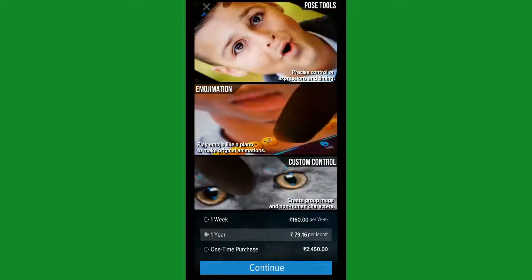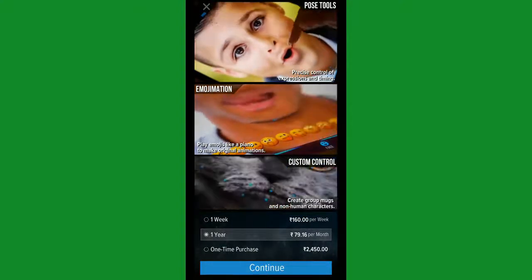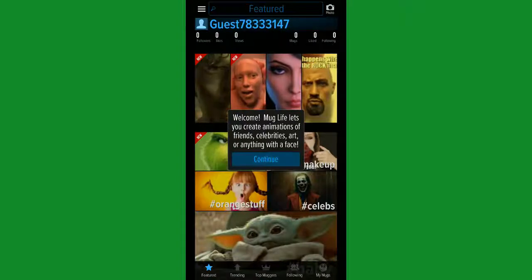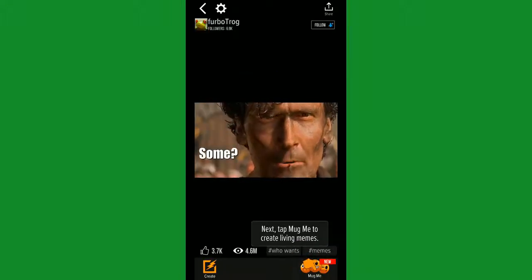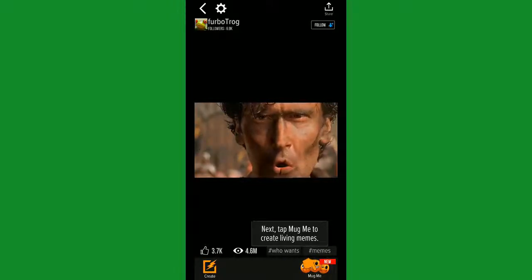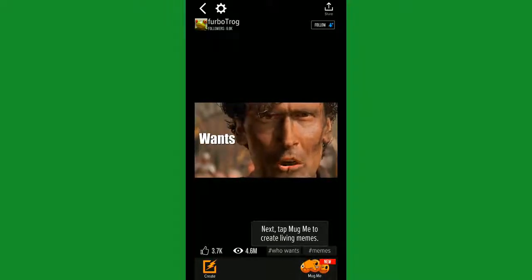As of now, I just want to show you the free features available. Let's see. I am not registering, just click on continue. Just take any predefined emotion effect. So this is the predefined emotion effect. By clicking here on create, I can add the same emotion to myself. I am clicking here on create.